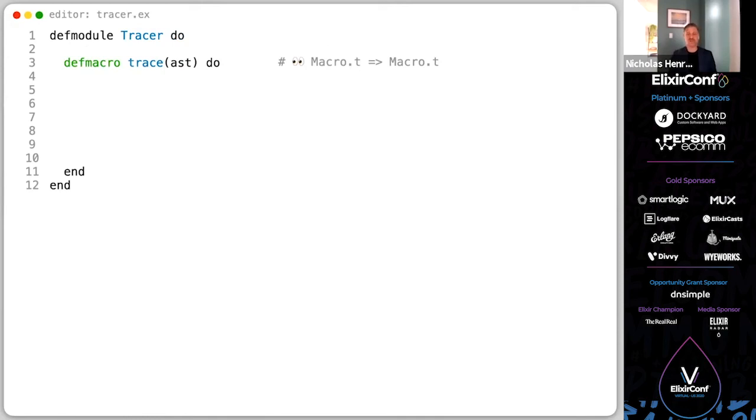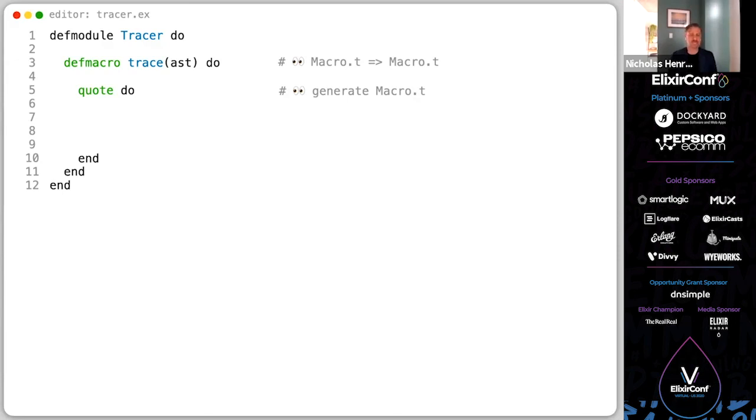All right, so let's have some fun and implement our first macro. On line 3, we've defined trace. And we know that we want to accept a macro and return a macro. And with quote, we're going to generate that AST.